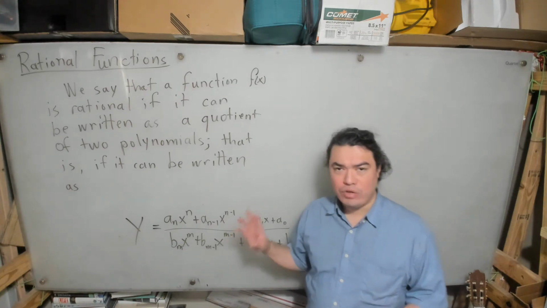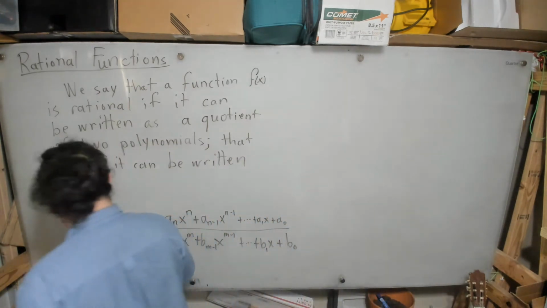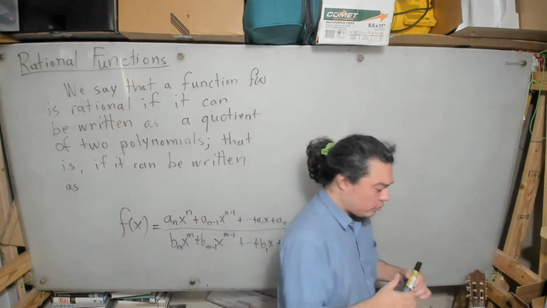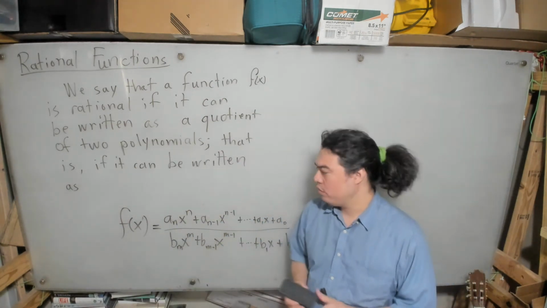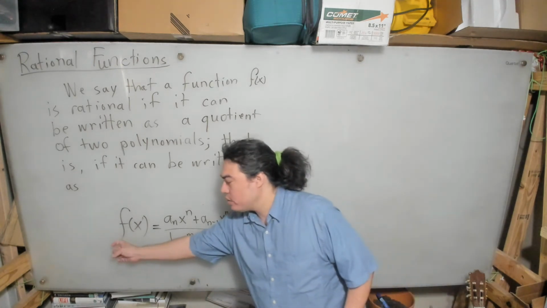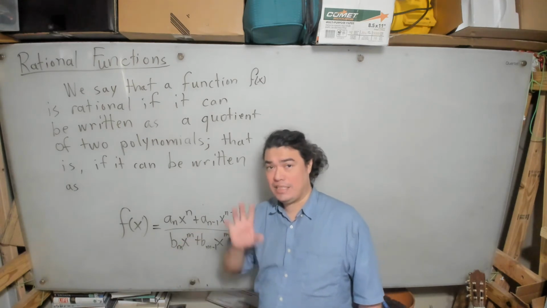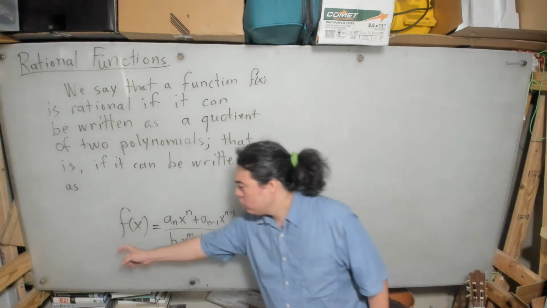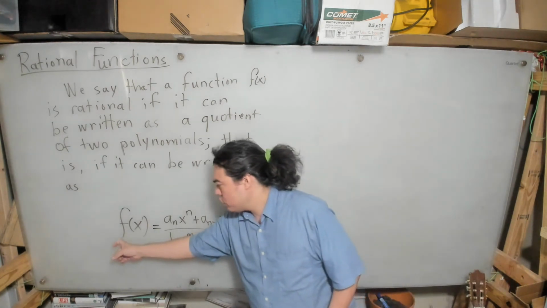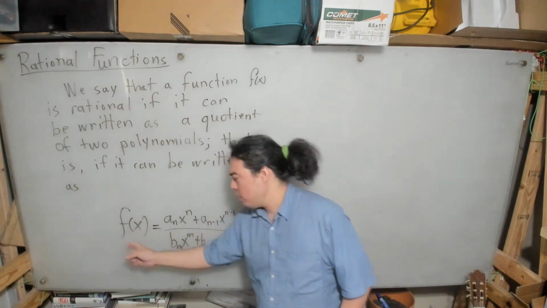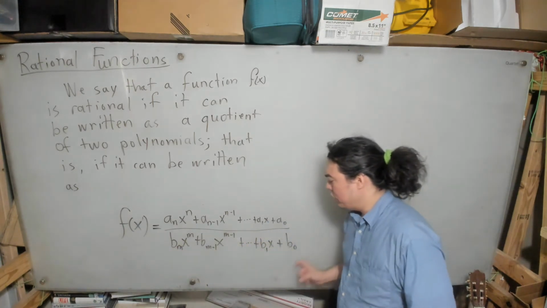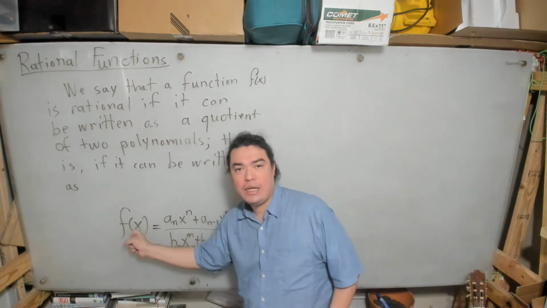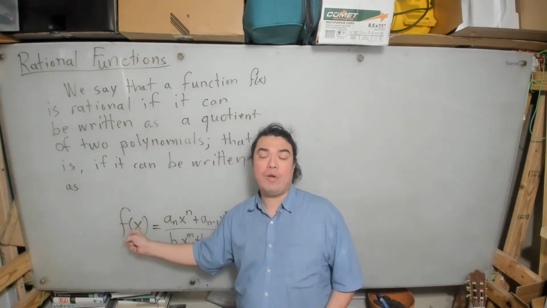And I want to remind you at this point what the difference is between the function perspective and the equation perspective. Remember that in the function perspective, we look at an expression like this and we say, aha, there's a function named f. I don't think you should ever think of it this explicitly, but you can interpret it this way, and it'll help you think about certain cases. So the function interpretation would be like this: there is a function named f which takes an input x and which outputs this expression with that value of x substituted. So if I wanted to calculate f of, let's say, the number represented by c,